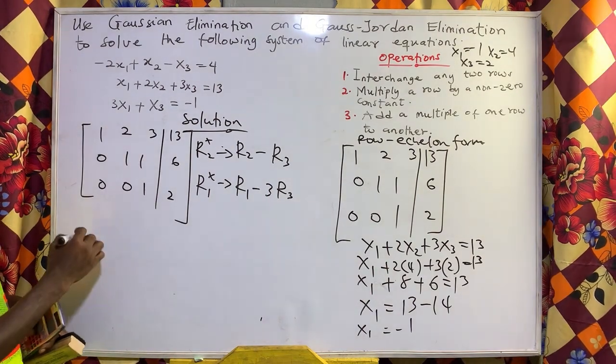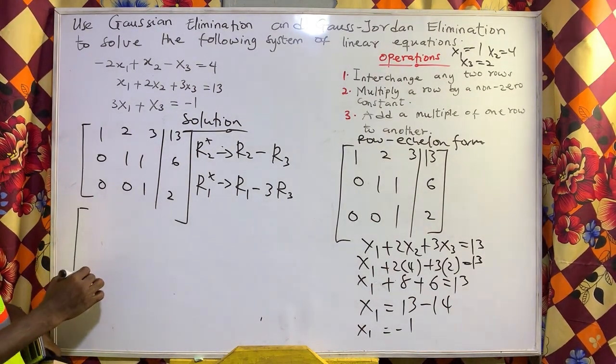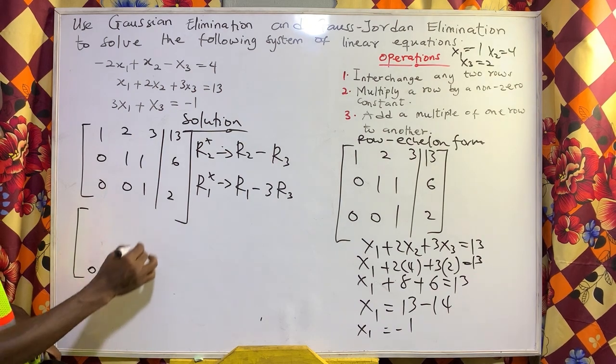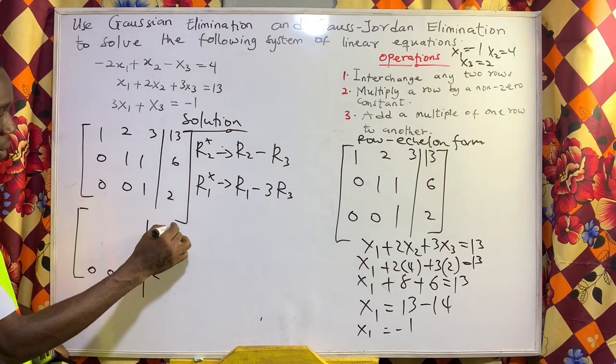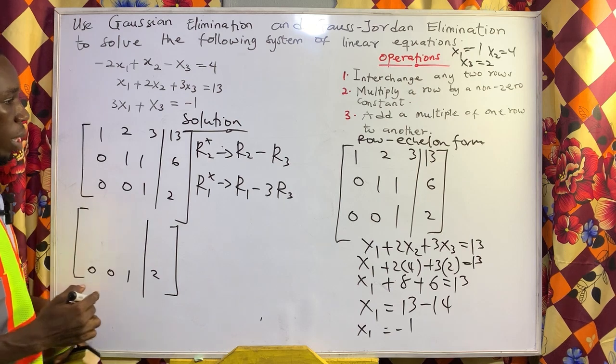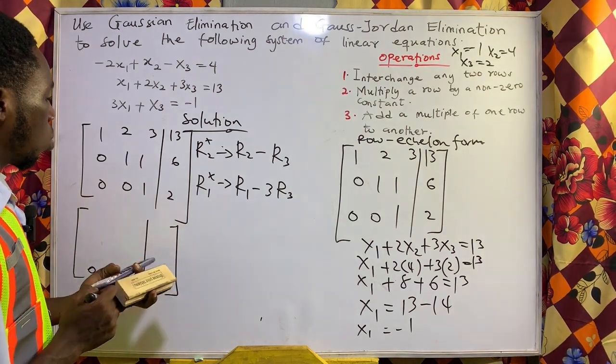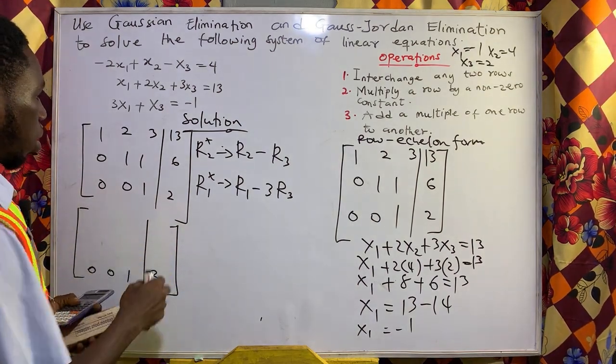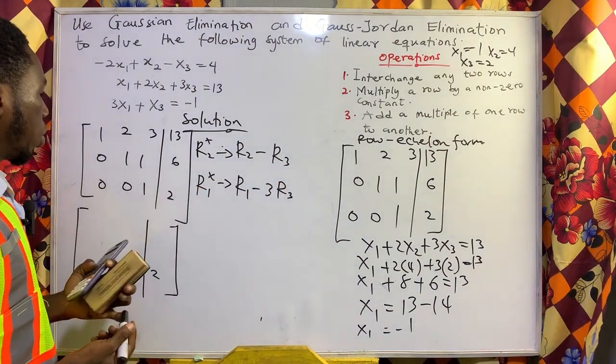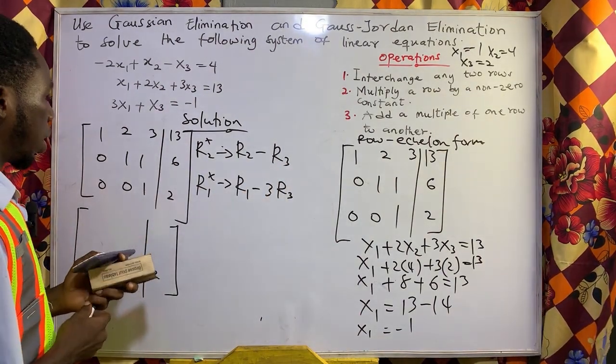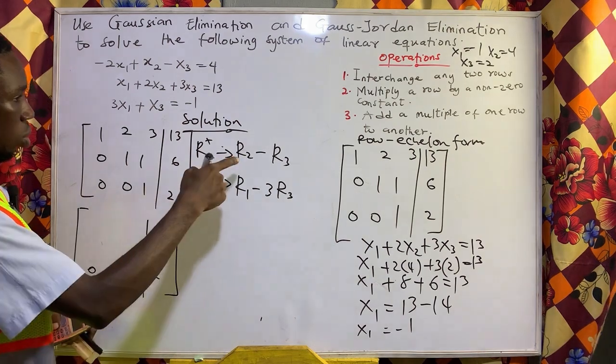Now let's carry that out. Let me just write 0, 0, 1 here, and then 2. Now let's focus on the remaining two rows. So do row 2 first, which means we are carrying out this operation. Row 2, we said, should be row 2 minus